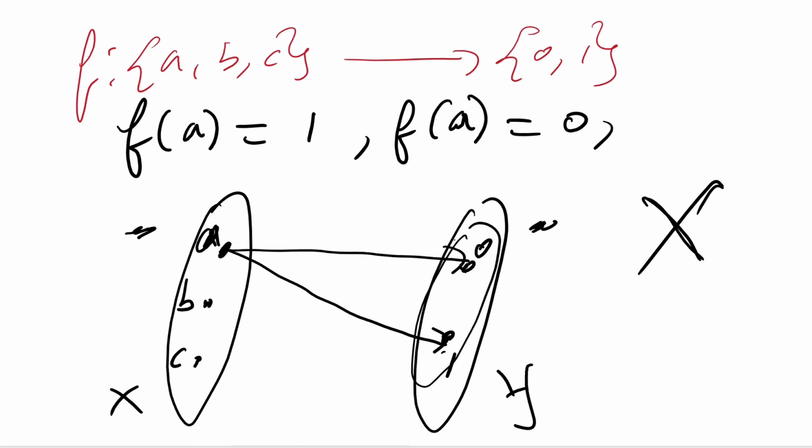the same time it also fails here because we said that every element in the domain must map to something in the codomain. So this doesn't have a mapping in the codomain, so it also fails at this level. So we have failure here. We also have failure here because b and c don't map to something in the codomain, which is y. Just another failure there. If you pick again this case,